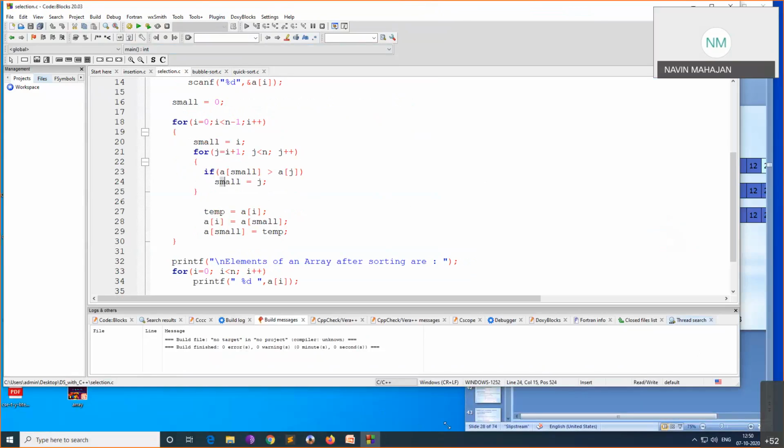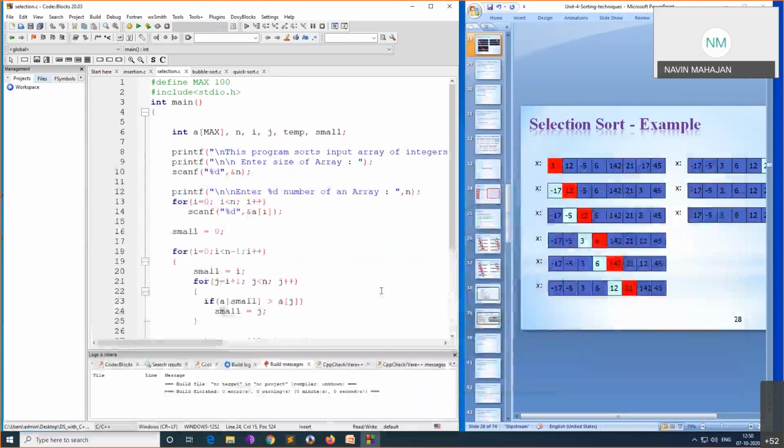So this program is selection sort. We find the smallest number, select the smallest number, put it in first place. Then from the remaining unsorted list, we'll take the smallest number, put it in the next place. We'll keep on doing this till we get to the last number. If only the last number is left, then I don't have to compare with any other number,